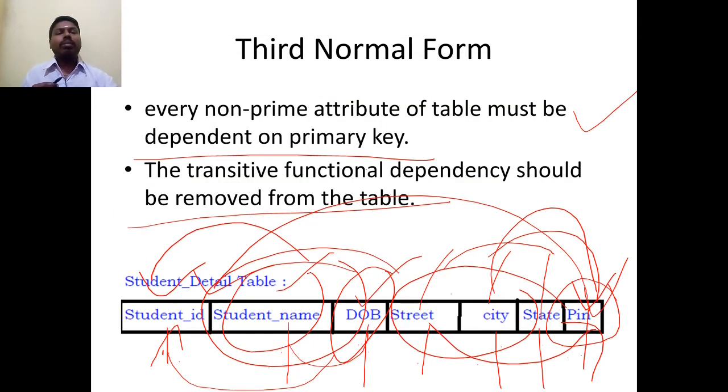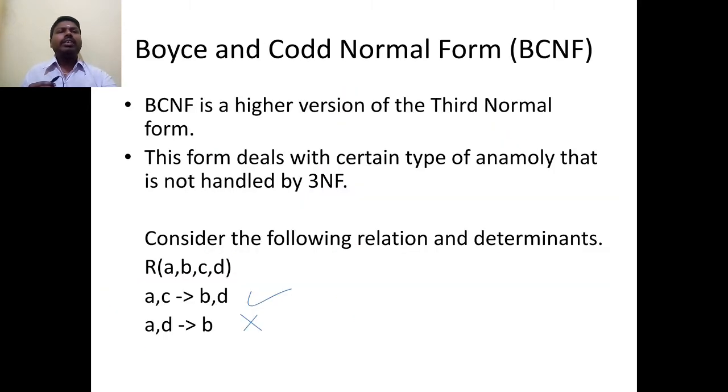So what is third normal form? Too simple. There are 2 points. Every non-prime attribute of a table must depend on the primary key. Next, the transitive functional dependency should be removed from the table. Understand? Next, the fourth one,